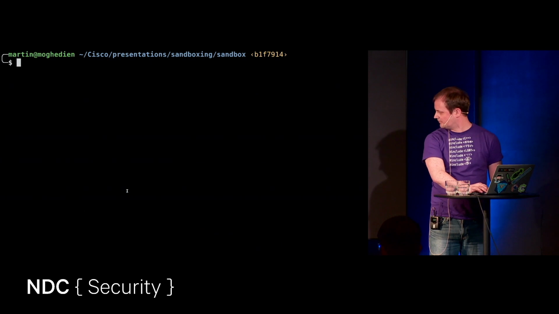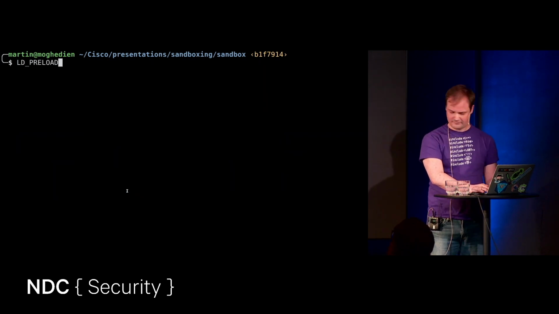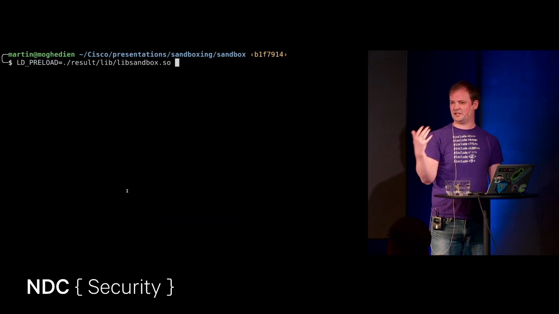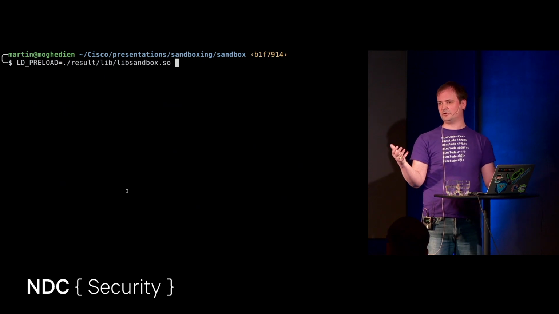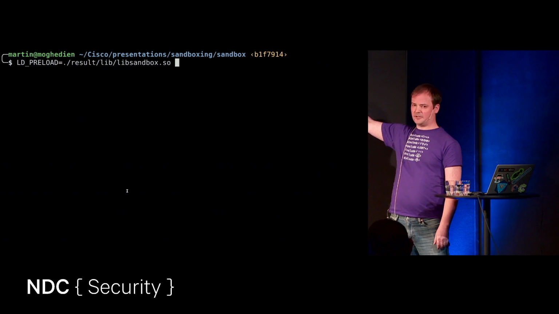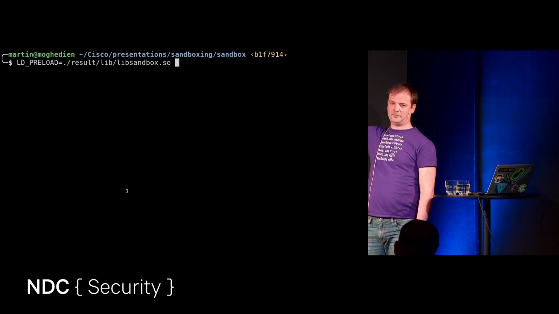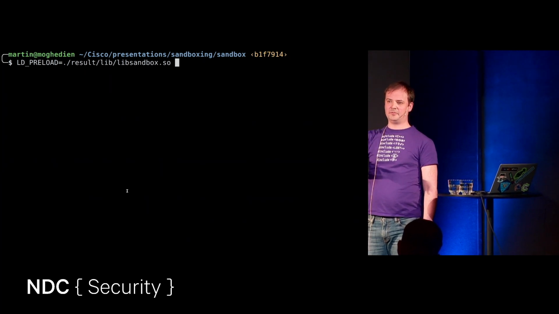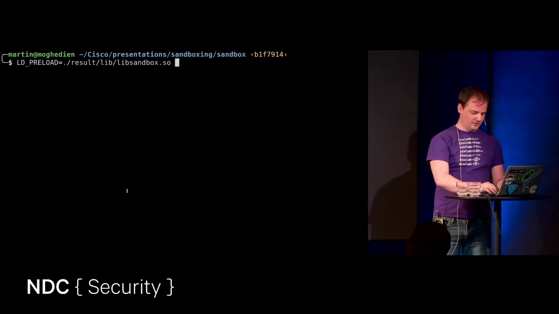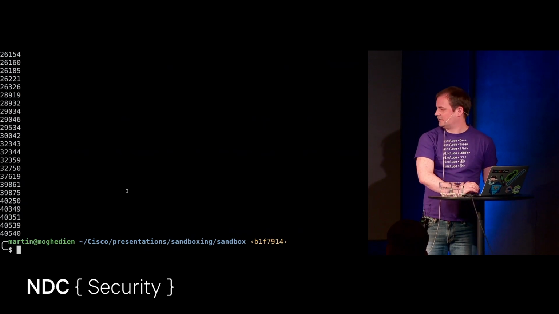let's get this on top. You do LD_PRELOAD. So lib, and there's a shared library, which is the sandbox. And what LD_PRELOAD does is it takes this library, and then every public symbol in this library can be used to override public symbols from other libraries that you pull in. So if I then run result bin application, looks very similar,